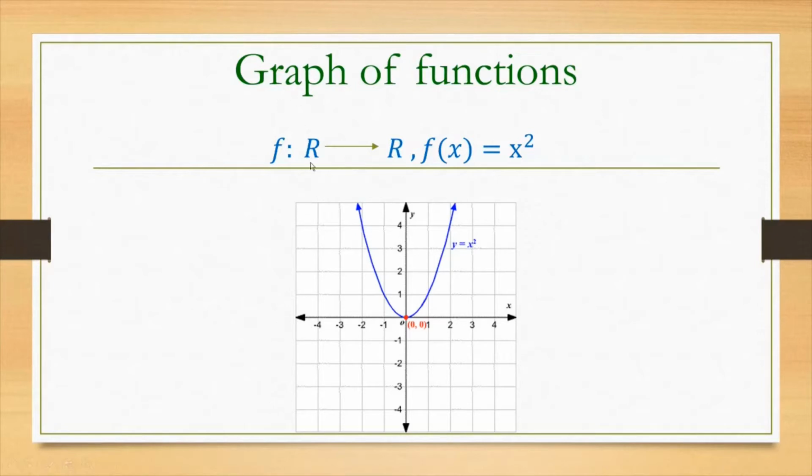Here we take the domain R as the horizontal line and the codomain as the vertical line. The horizontal line is called the x-axis and the vertical line is called the y-axis. The horizontal line is actually the domain and the vertical line is actually the codomain. So the domain is R, or the x-axis is R. So R contains every number, right?